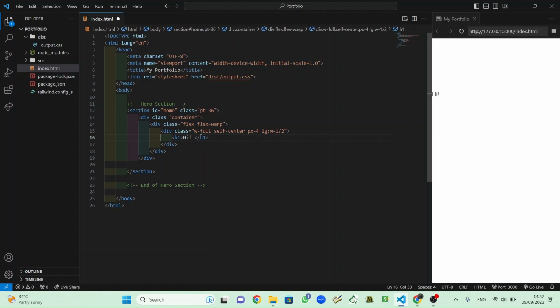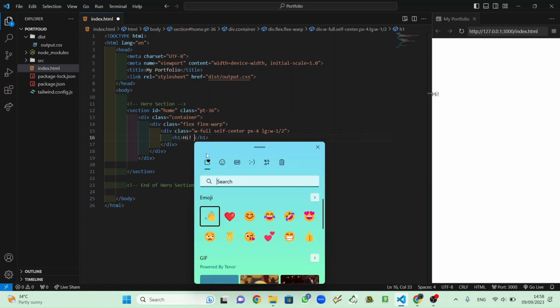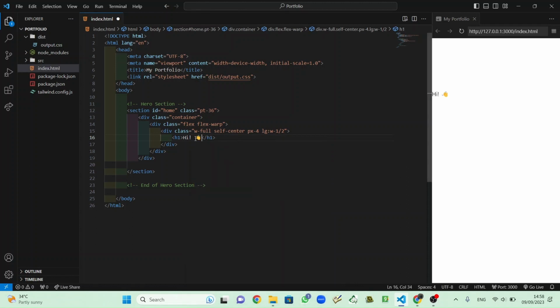I want to put an emoticon inside here. Click Windows and dot. Windows dot and use this without space. Hey, my name is Muhammad Fakir Ali, and I want to make